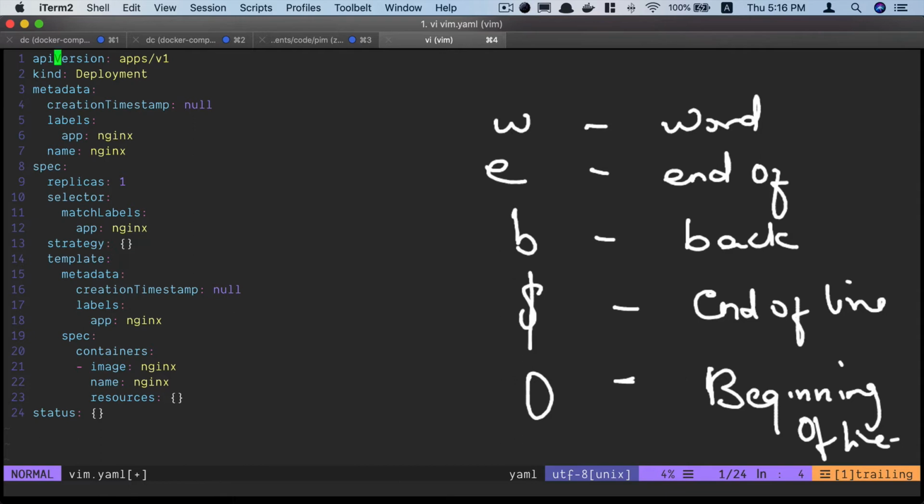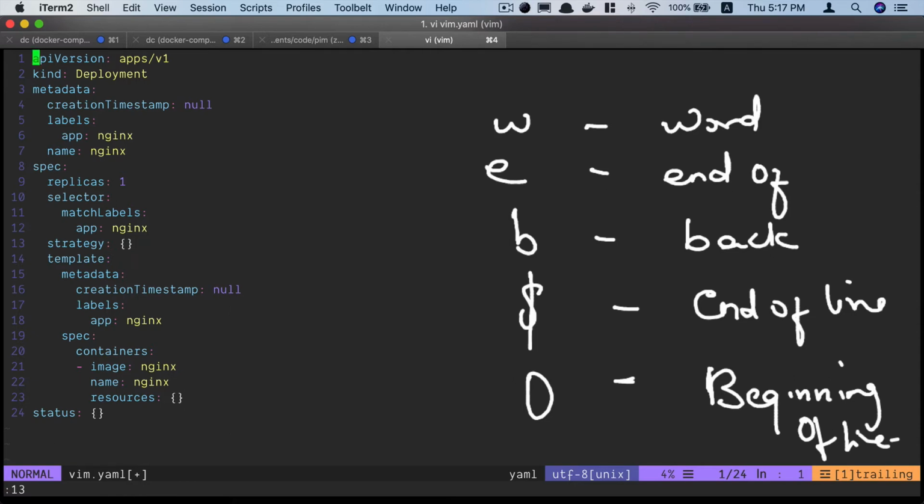I can also use the line numbers. So let's say I want to go to this strategy thing, right? That's on line 13. I just have to type colon 13, enter, and now I'm at the beginning of line 13. Let's say I want to go to line 24. You have 2 options here. You can just do 24G and you land at the beginning of that line. Or, let's say I'm back at line 13, I can also do capital G. Capital G always takes you to the end of the file, and if you hit gg twice, it takes you to the beginning of the file. So you're on the first line, the beginning of the file.